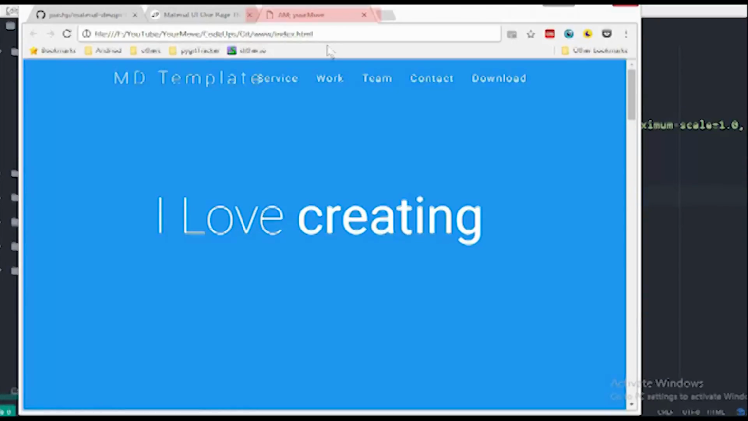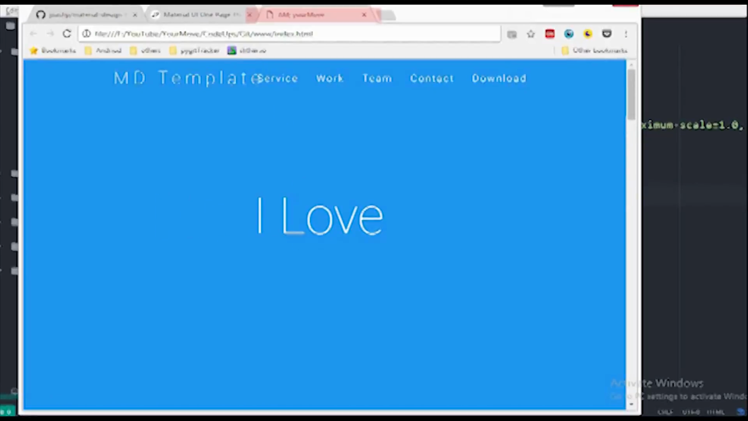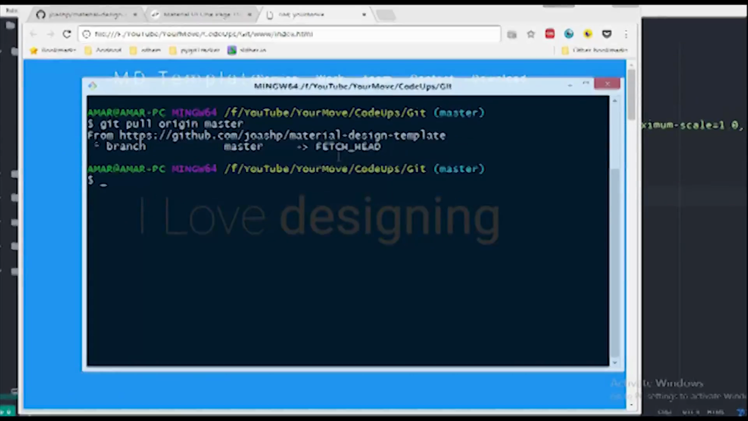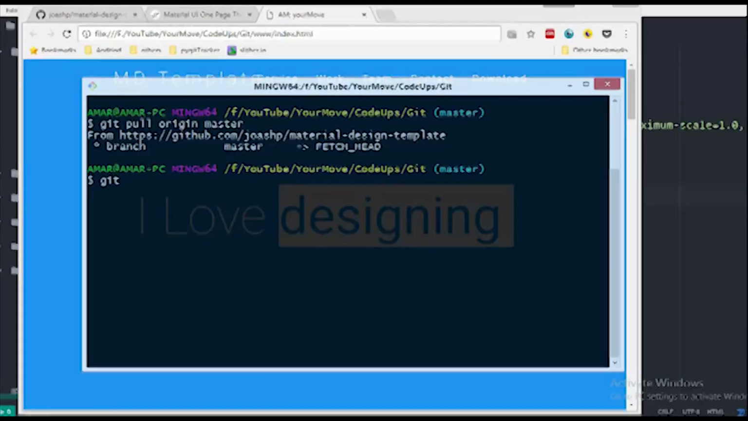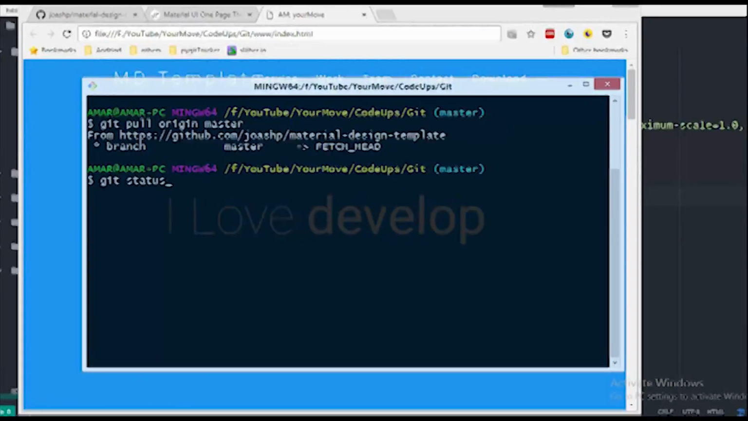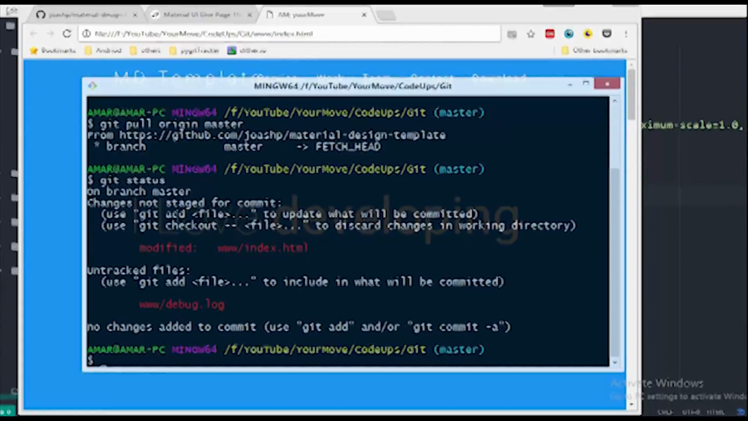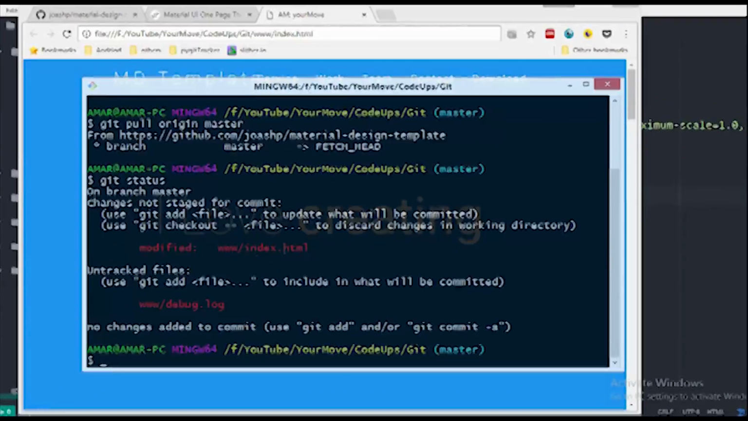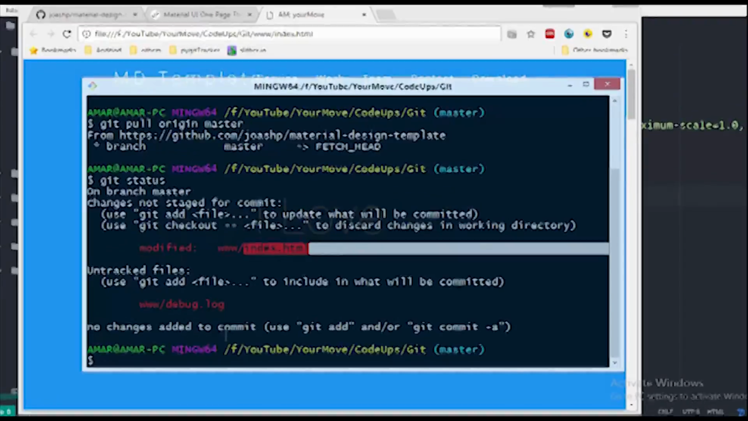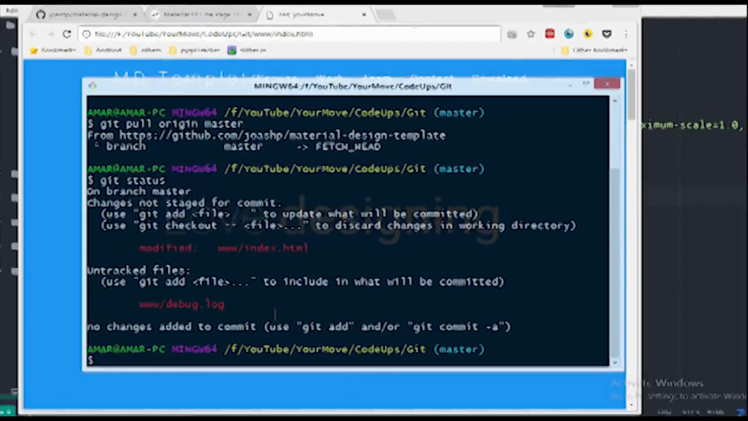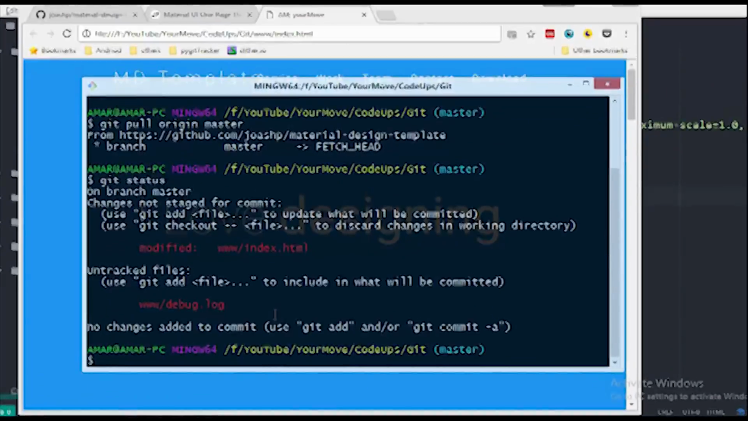So yes, we have changed this HTML, but let's see whether Git has really tracked this change or not by using this command, git status. As you can see, it's specified here that index.html is modified. So now to actually make the change